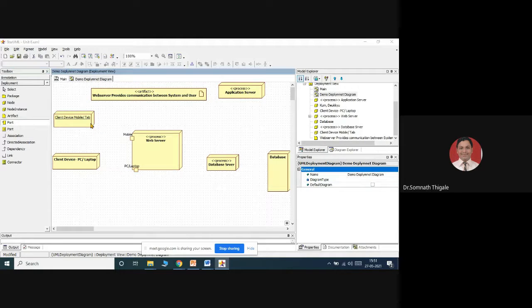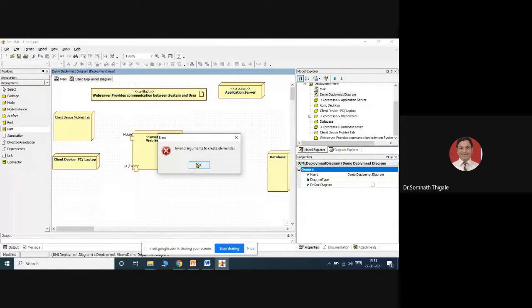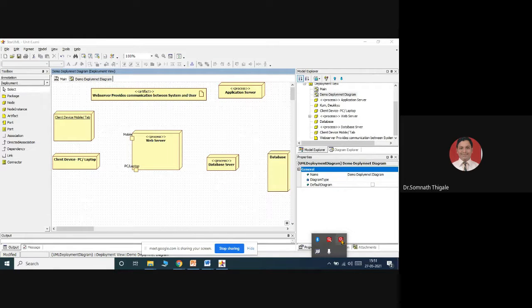One more port over here. Let us see. Basically, the tool is not allowing me at this moment, maybe because of some hardware issue, as my internet access. Okay. So here we just need to provide the links.